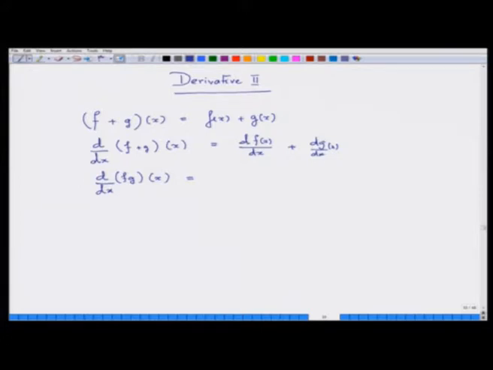Then this would be nothing but g of x into d/dx of f at x plus f of x into d/dx of g at x. That would be the answer. This is a well known fact, and of course